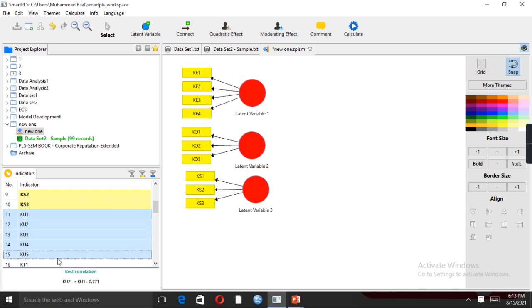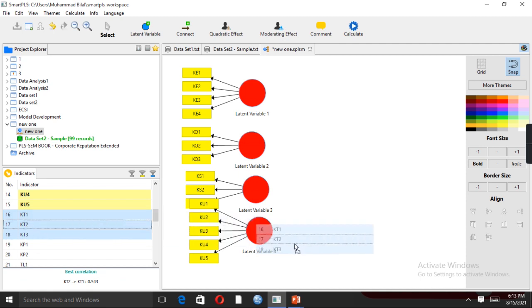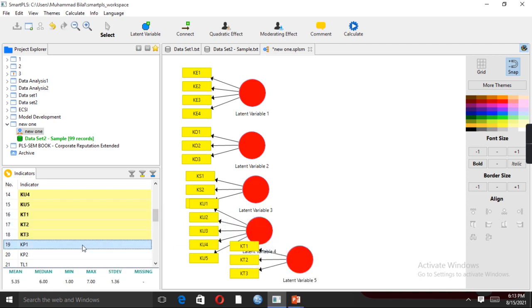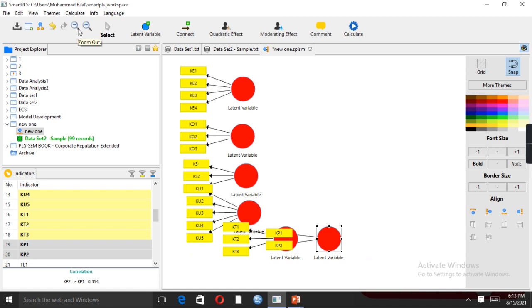Knowledge utilization has 5 items. And finally, our fifth variable is knowledge transfer, and our sixth variable is knowledge exploitation. So these are basically our items.